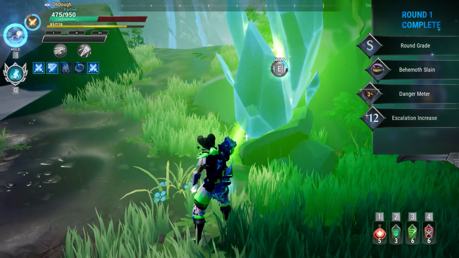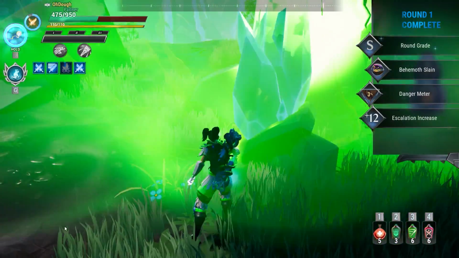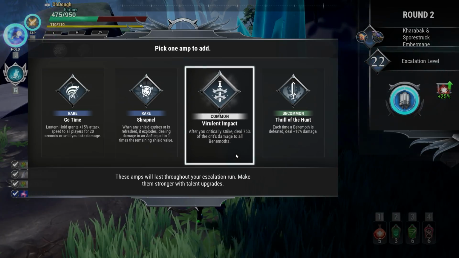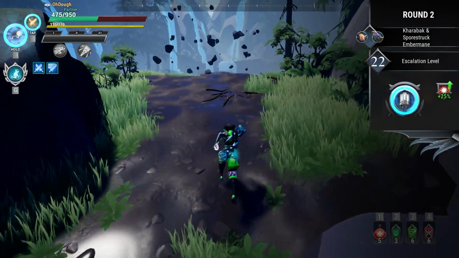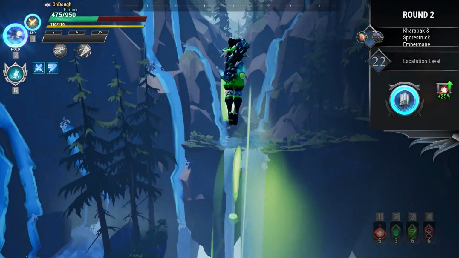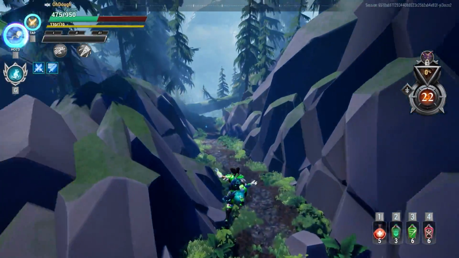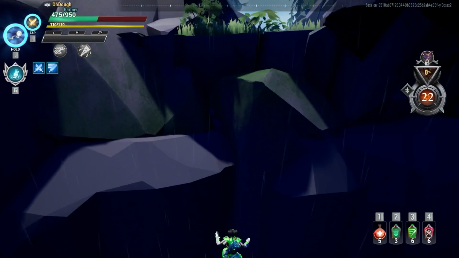And right here, I got two options: Virulent Impact or Throw the Hunt. Virulent Impact is my choice because it makes the entire escalation faster off the bat. Throw the Hunt is more of a slow cooker kind of amp. It gets better as you go, and its main usefulness is like on round 5 whenever you're fighting Agris, which,